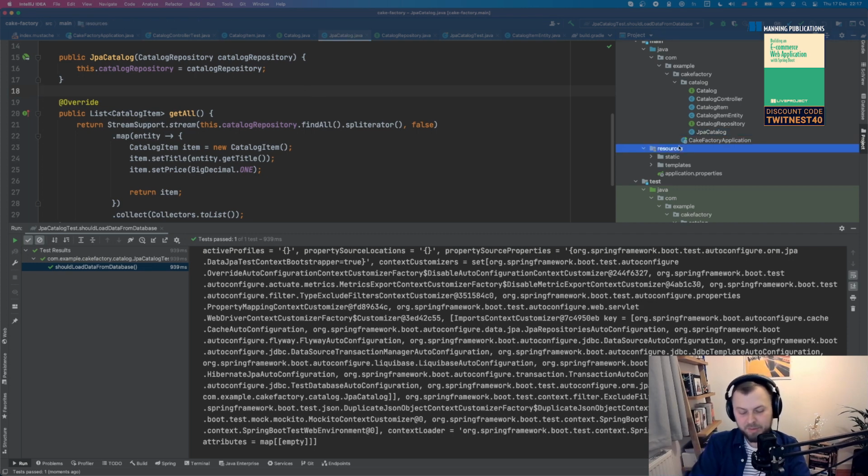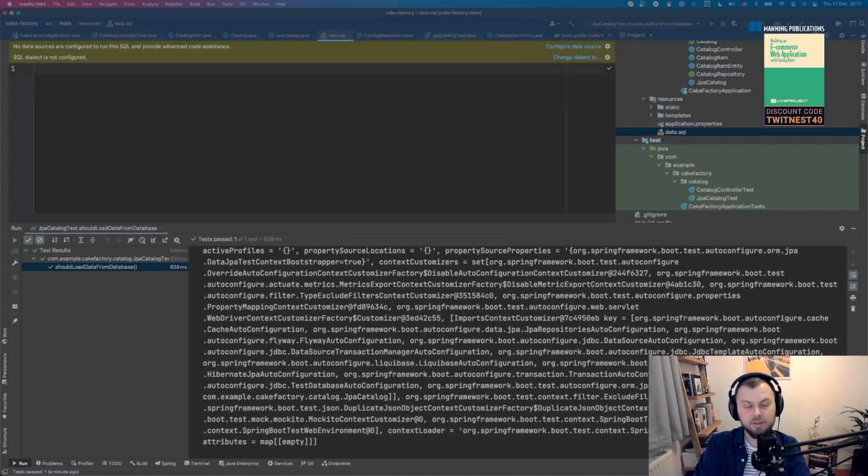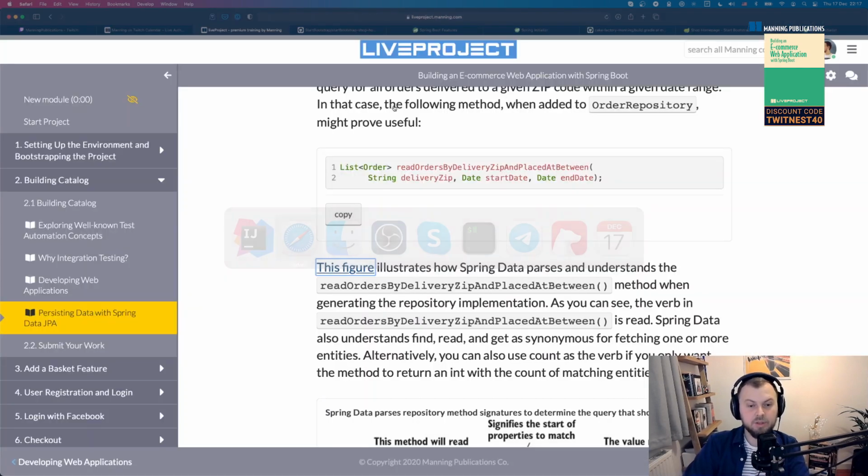So we don't need to worry about it, but with a non-embedded database or a different implementation of persistence, you may need to create a schema file to define the schema. But now we only need to define data.